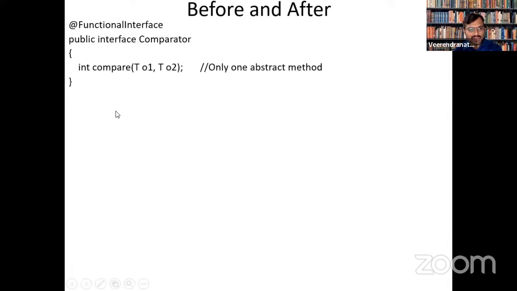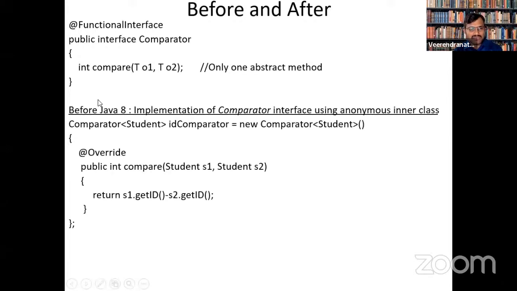Before Java 8, when there were no Lambda expressions around, we used to implement something like this. Comparator, student ID comparator. This is the reference that we are creating out of the comparator. I'm taking one student class. This is a generic comparator of the student type.